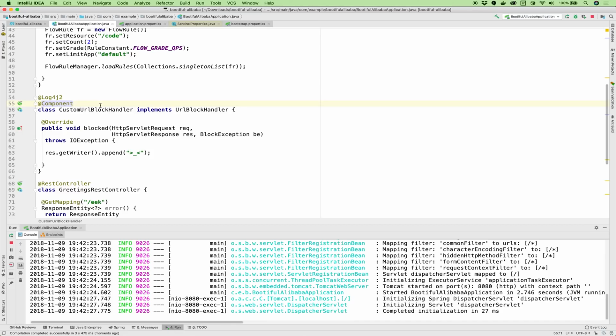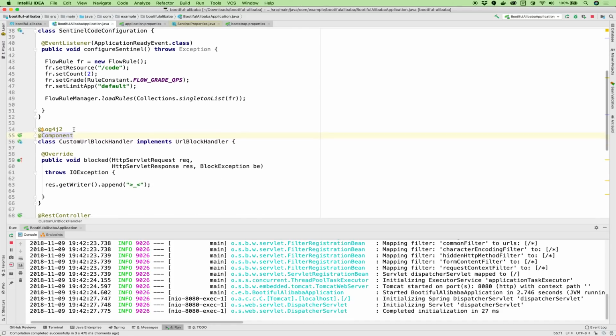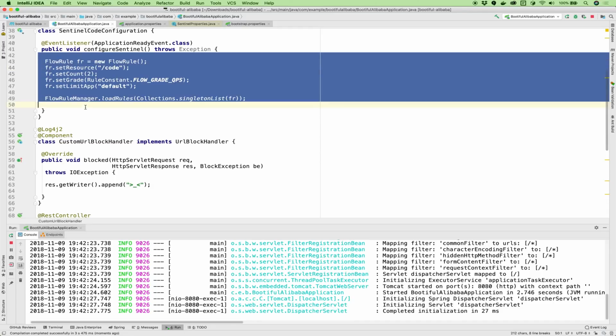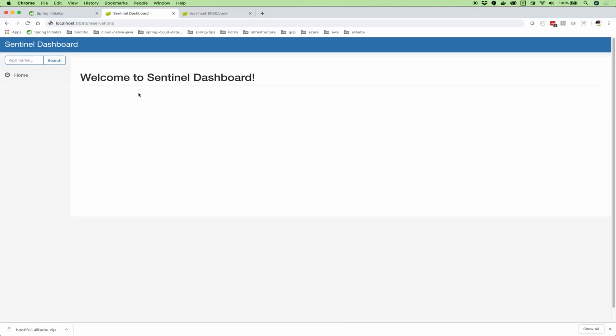There we go. So if I trip that one, I get this information as well. So that's one way to do it, to use code like I've done here. You can also configure these flow rules using the Sentinel dashboard itself. Now the Sentinel dashboard doesn't persist that information unless you ask it to, and there's a way to do it, and I'll allude to it in a bit, but it doesn't have any state in and of itself.